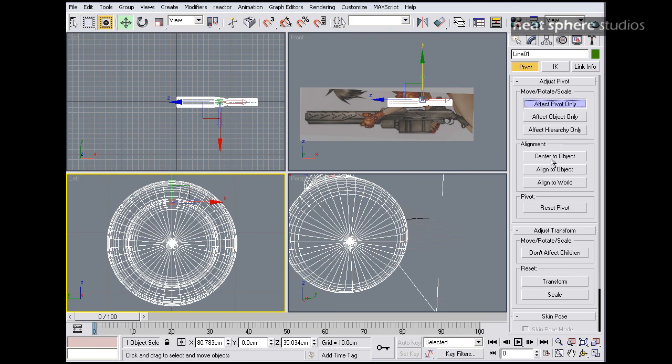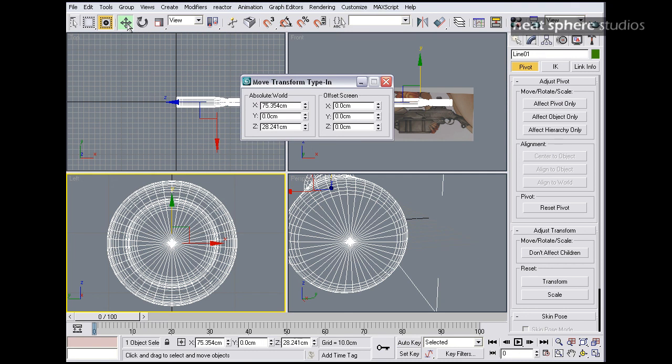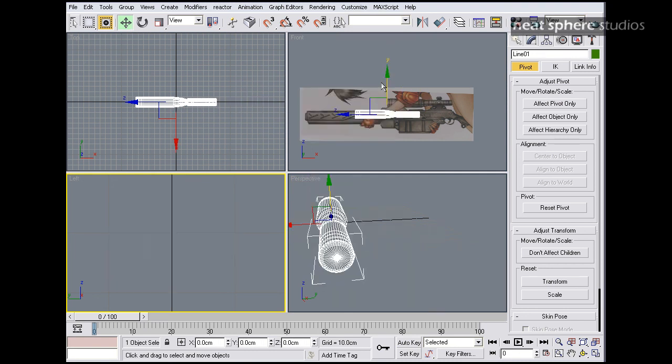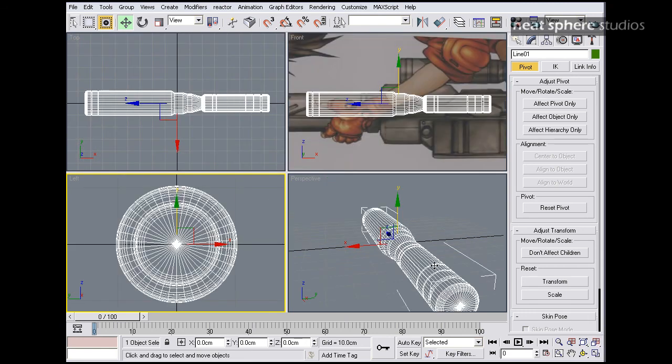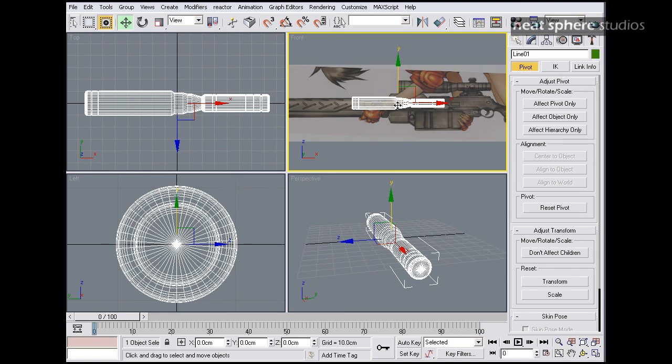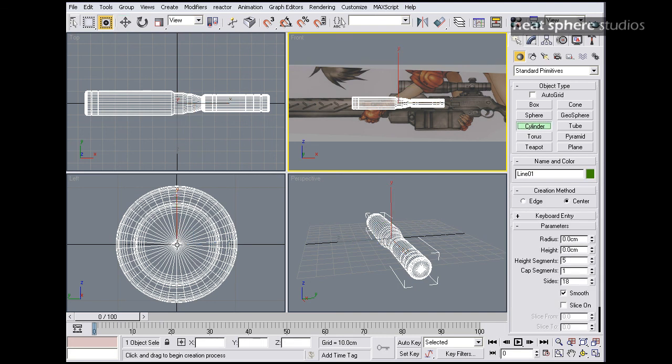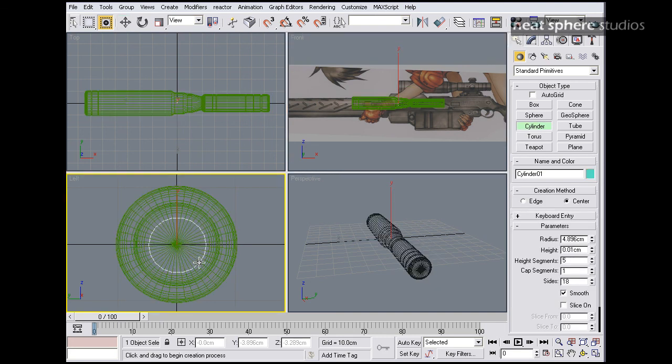We'll make our pivot just pivot. We're going to now center the pivot to the center of the object, align it to the world. If I right click on my select and move, and then I right click on each one of these spinners, you can see this is now in the center of the world. It's completely offset from my drawing, but what I can always do is move it back to the drawing later on. And the reason why we're going to do this is because I'm going to create a cylinder about yay big,